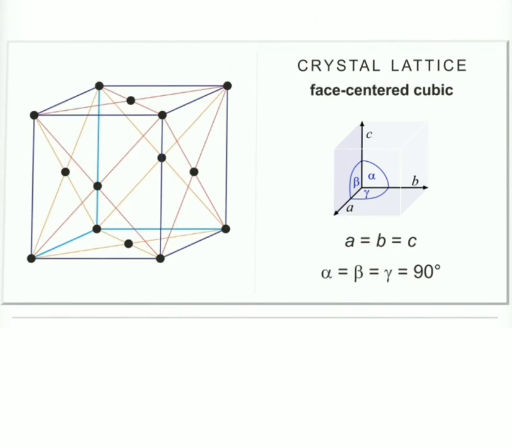In face centered cubic cell, face, I have talked about the face. There are 6 faces in a cubic cell. Along with the corners, constituent particles are also present in the center of each face. Here 6 faces: 1, 2, 3, 4, 5 and 6. This is the face centered cubic cell.